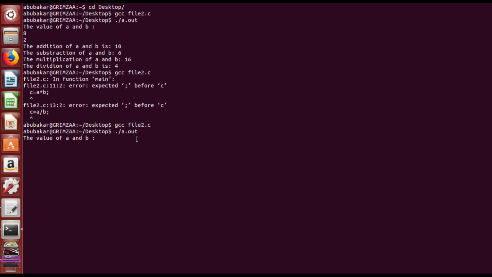We take another input, like 100 for a, then press enter, and anything you want. Here are the answers: addition, subtraction, multiplication.